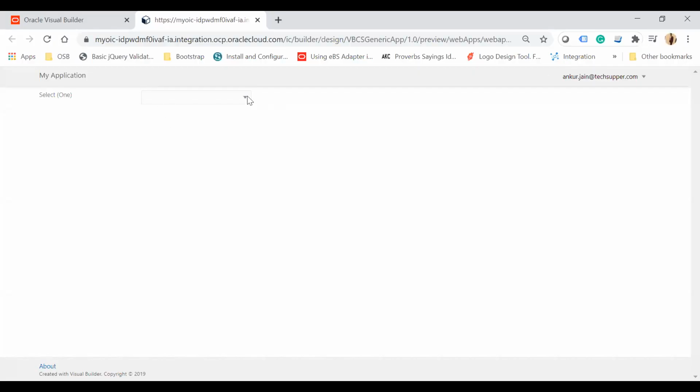Here you see the page has been populated and it will have all the records, all the department names which are in my business object. Administrator, administrator, human resource, and then operation. Now what I want, before I load this data, I wanted to filter out the duplicate records from here.